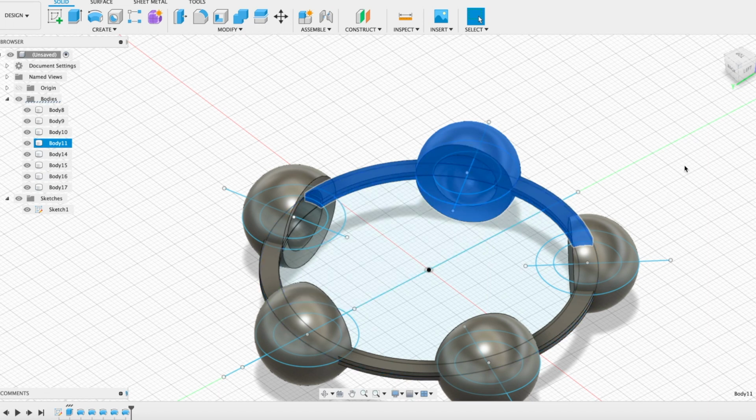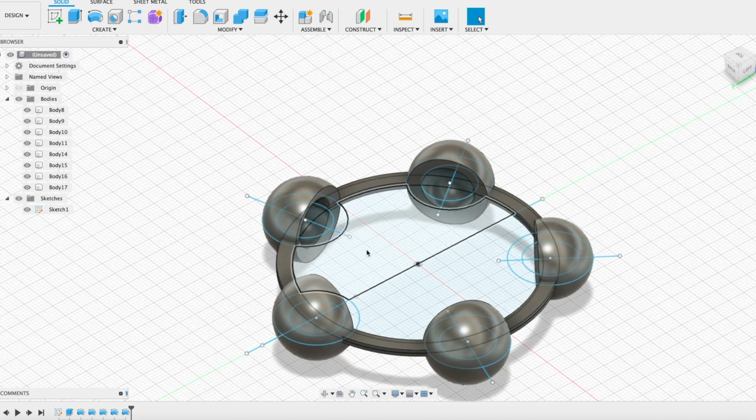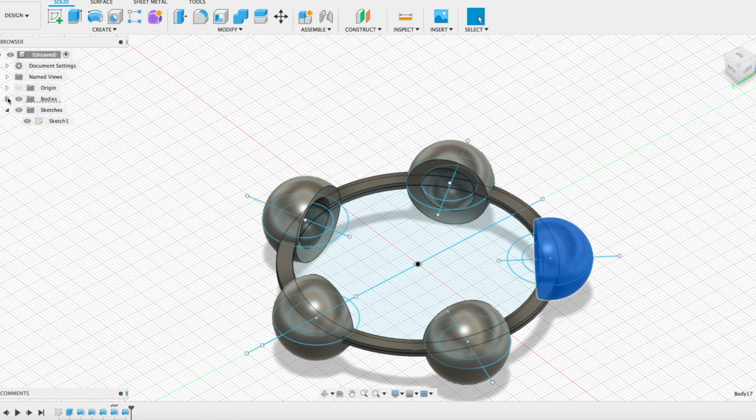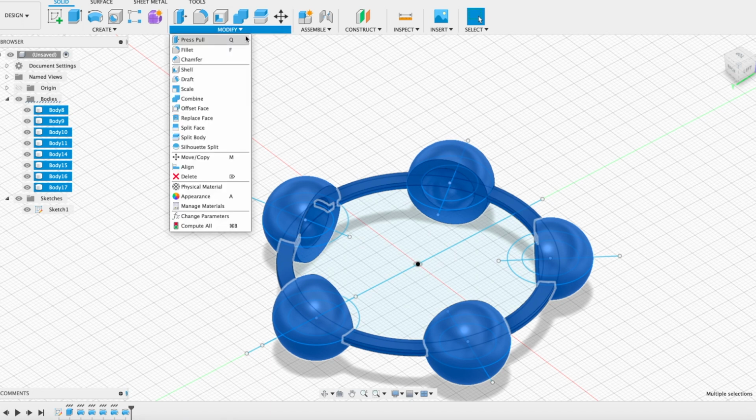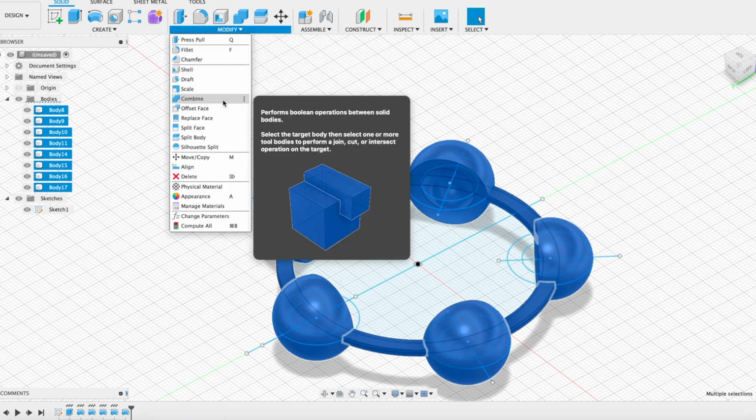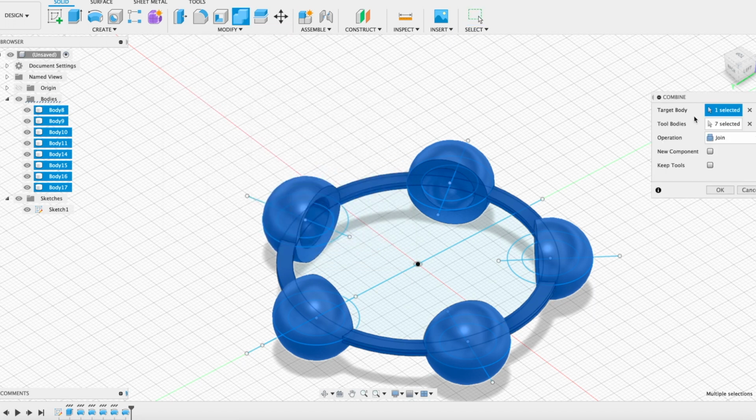But you can avoid this by joining objects, or at the end, you can combine separate bodies by selecting one, opening up the bodies list here, selecting one end of the list, holding shift and selecting the other end of the list, and provided that all of these bodies are actually touching, if you go to modify and then combine and just double check that all these are right, and say OK,